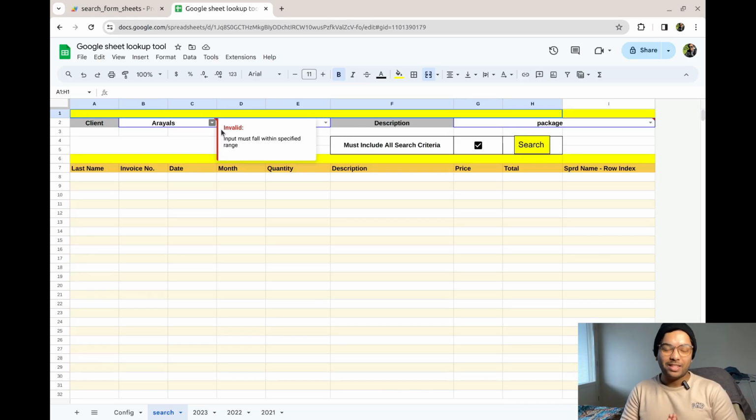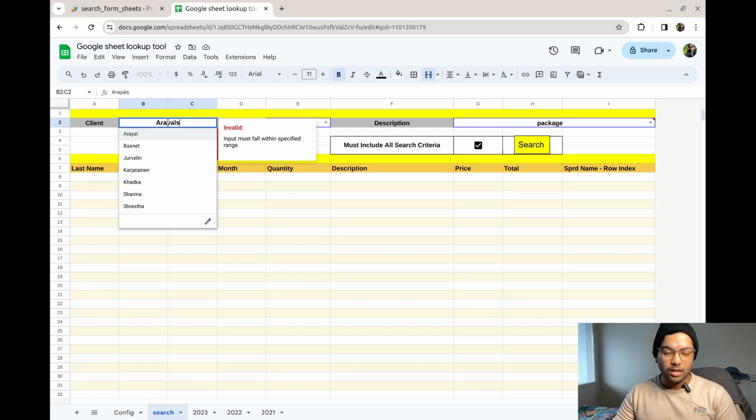Okay, so now everything is prepared. Our project is ready now, and our search form is ready to be tested. So let's do that. There's one thing I also wanted to mention. As you can see, I have added an extra s at the end of this search term, and by doing so, we would expect that the result will still display, because except for the last letter, everything is in the dropdown,